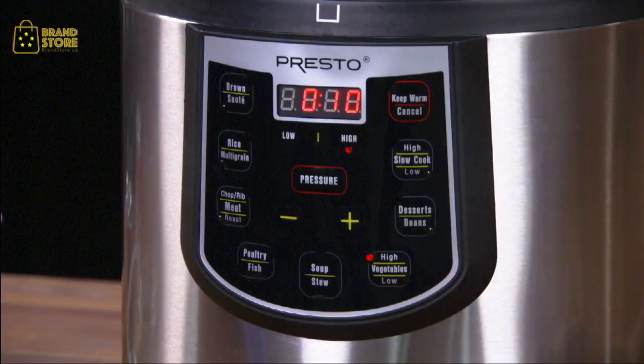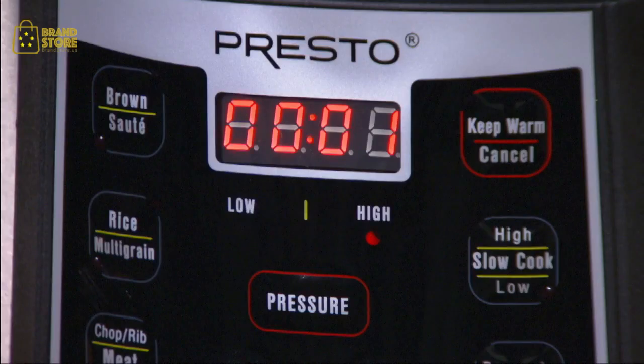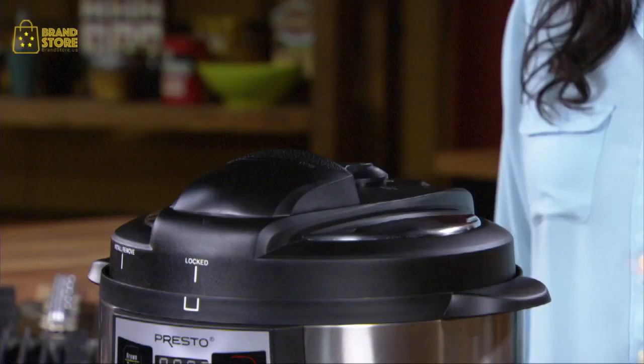Just set, and the rest is automatic. The Presto cooker maintains the proper cooking pressure, while the LED display counts down the remaining cooking time. A beep tells you cooking is done. The cooker then switches to keep warm to let the pressure drop on its own, or use the handy valve